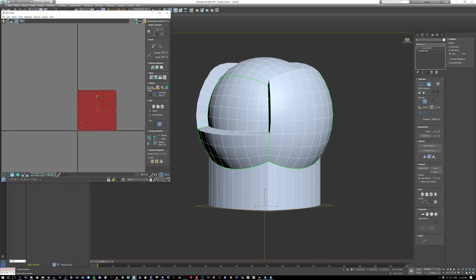Now what Max 2017 did, very importantly, is introduce flatten by smoothing groups. This is a feature that is super important and has made development a lot easier nowadays. So what I do is I will click this,